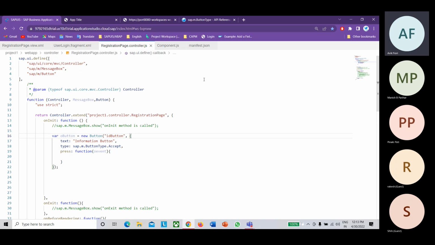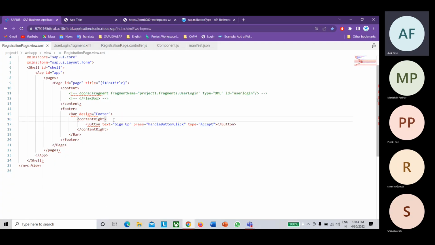If you're unable to design something, and if some content or some controls are dynamically created at runtime, depending on the data or depending on certain conditions, in that case you can prefer the controller.js file, because you can also add the condition right here. Let's say if the data is this, you want to add a button. But if the data is this or that, instead of a button you need to add any other control. So that feasibility is there in the controller. The same feasibility is not there inside the XML file, right? How can you add an if condition here?